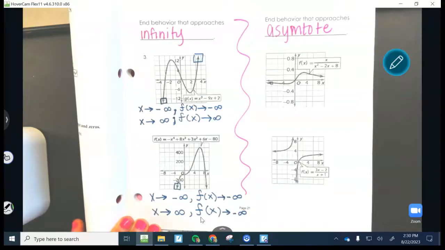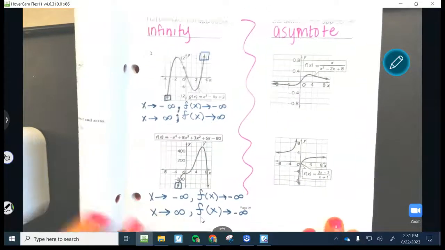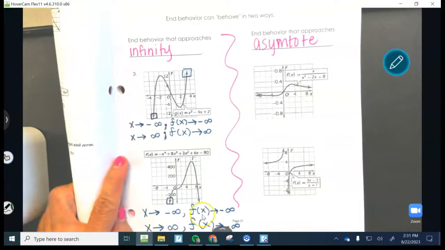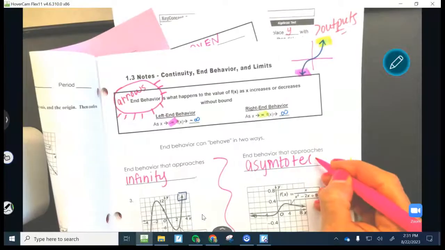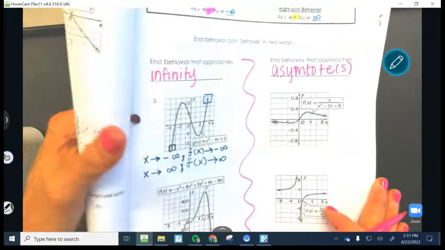So that's how we write it when we see that it's approaching infinity. Now, over here, when it approaches an asymptote, or I should also have this because it could be more than one. Now, for this side of the paper,